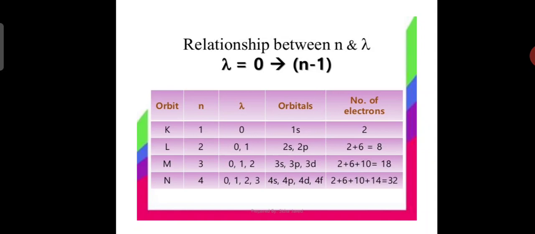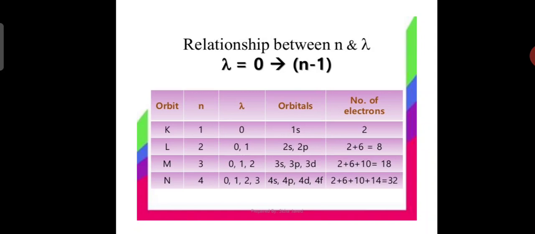So how did that happen? It is just n minus 1. For example, energy level 1: 1 minus 1 is equal to 0. That is its sublevel. For energy level 2, we have 2 minus 1, which is 1, right? So 0 and 1, 0 is always included. These are the sublevels. For 3, 3 minus 1 is 2, so you have 0, 1, 2. Same thing with energy level 4.